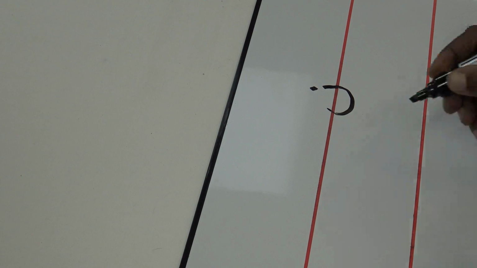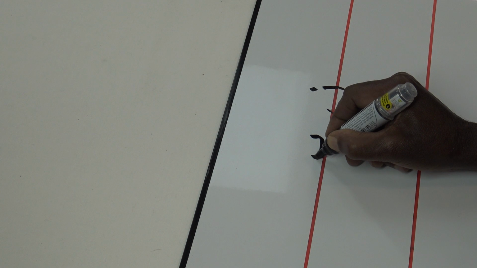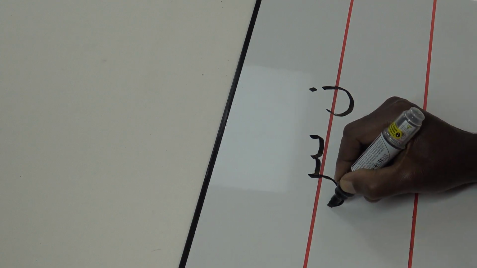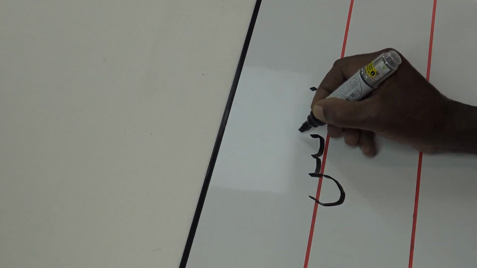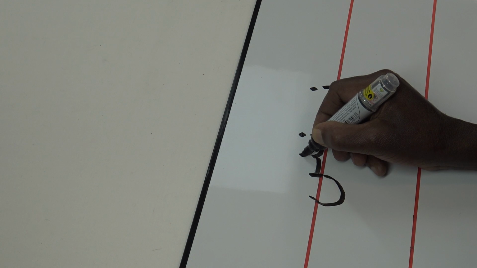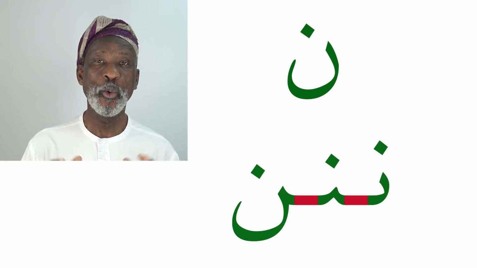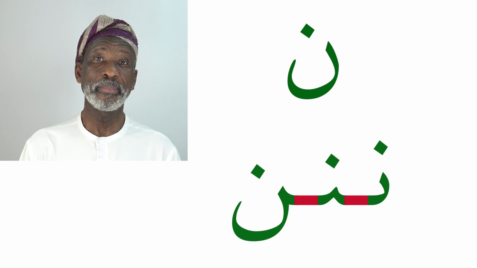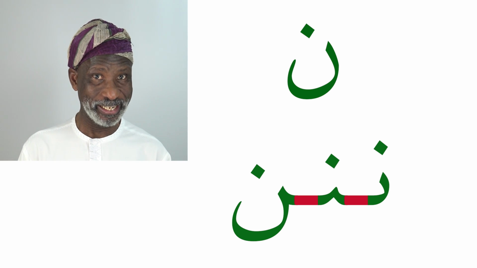To join letter Noon, the hand movement is the same way as you wrote Ba, Ta and Tha. Here we go. Then you go back, having formulated the 3 Noons, and start applying 1 dot on top of the first one, 1 dot on the medial, and 1 dot to the final Noon. Well done. Ahsantum. Now, the last letter, letter number 5 for today, which behaves the same way when joined,